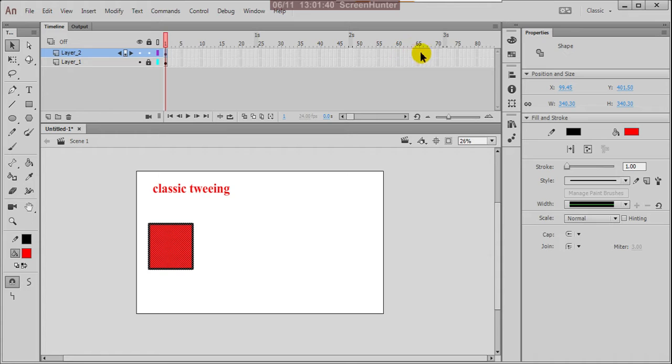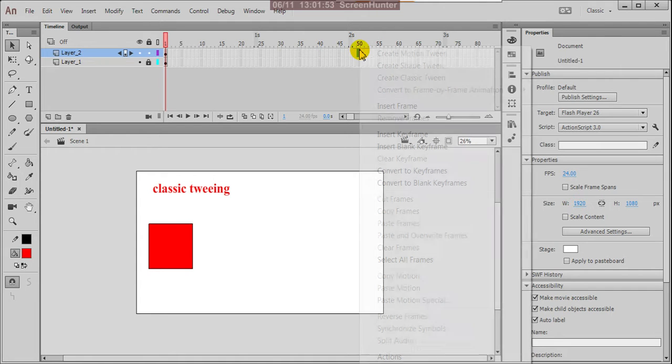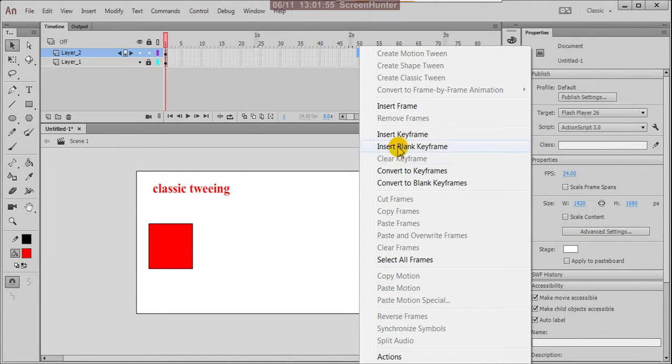Somewhere on the timeline, anywhere, click on, suppose, 40 frames or maybe 50 frames, right click and here: insert frame, insert keyframe, insert blank keyframe, convert to keyframes, convert to blank keyframes.